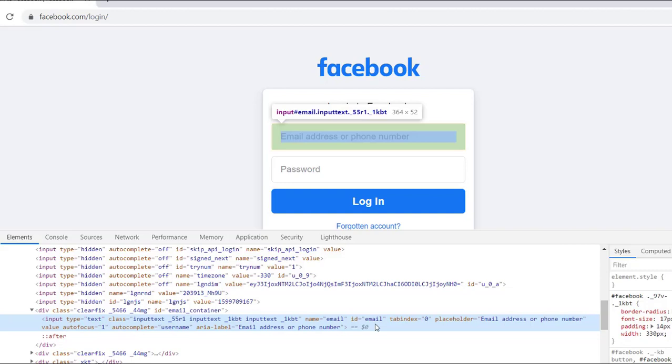The good practice is to use XPath and CSS if the page is not static. If it is dynamic, we need to use XPath and CSS, but if the page is static, then you can also use ID because it will never change. So let me show you how we can locate this element by ID through the code.